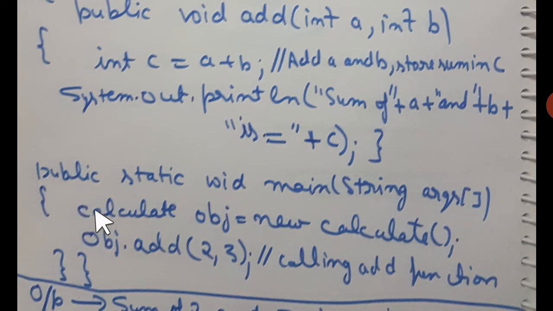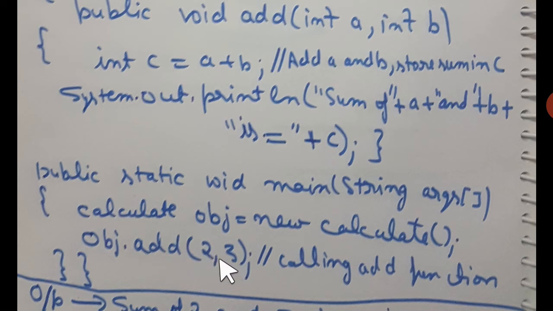Which function definition? Main. Students, we have created the object obj, which class? Calculate. So Calculate on this side also, because this is the constructor, it has got the same name as the class. So students, here the object obj equal to new is there to allocate the memory to the object, and after that we have created the object. Now we can call this function add, which we have defined. How will it be called? Use the name of the object, that is obj, dot function name, that is add, then